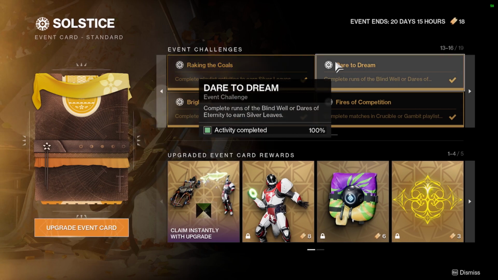Then we have Dare to Dream. For this one, Blind Well or Dares of Eternity. I didn't do Dares of Eternity, but I like Blind Well better because people are actually doing it. As long as you get tier 3 and you overload it, I forget what it's called, that's 50% done. So only two Blind Well runs to finish this one. I don't know how much a Dares is, but 50% as well. I could be wrong, but that one's also good for killing bosses, I think. But also there's a legend version. I'm assuming legend gives you more percent. Anyways,